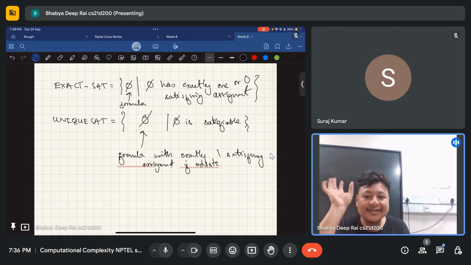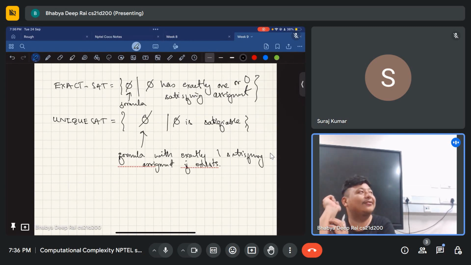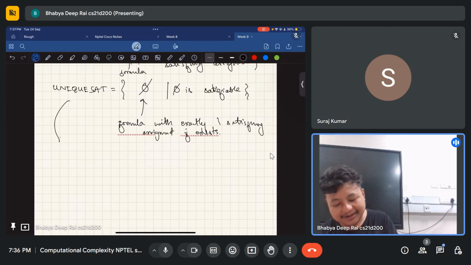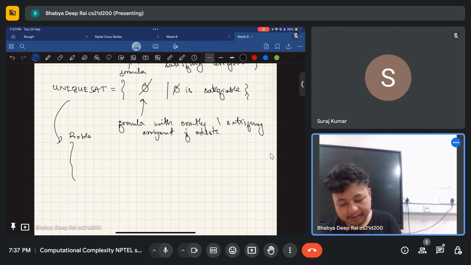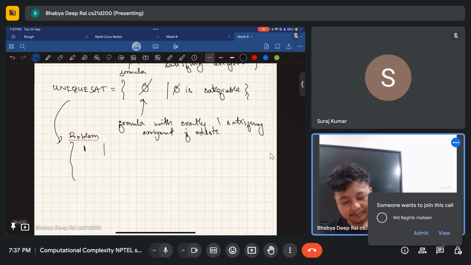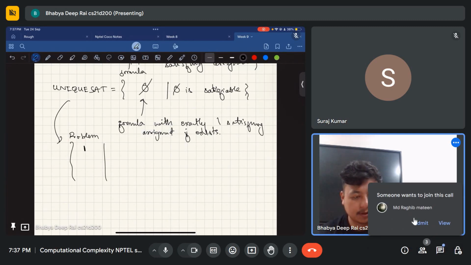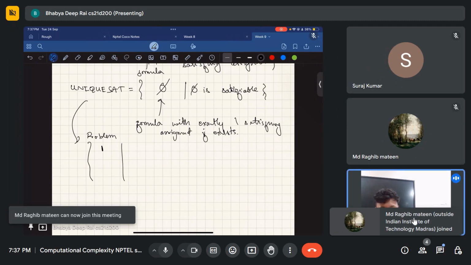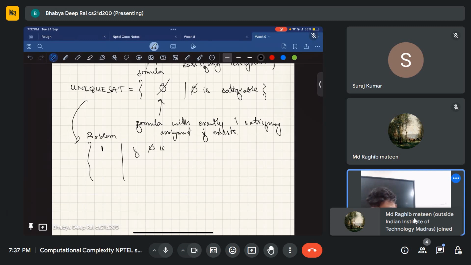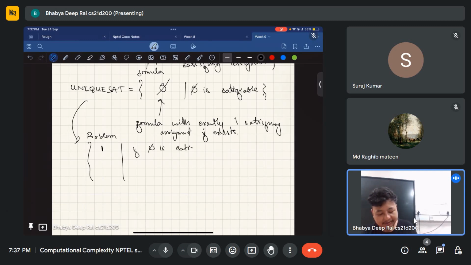So this is a problem actually. You cannot say that it is a language. That's why it's called a problem and not characterized as a language. The problem is as follows. Unique SAT, the problem, outputs one if phi is satisfiable,